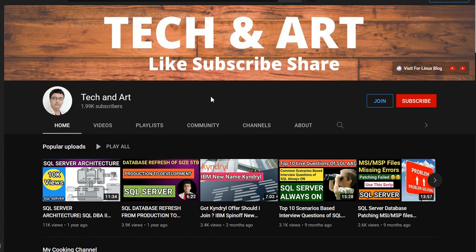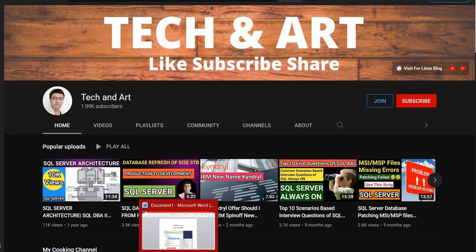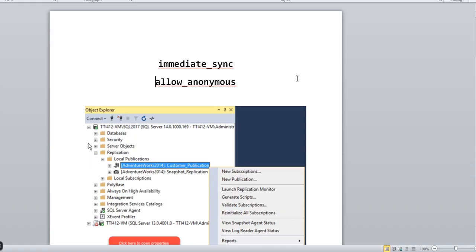Okay, so now you have a situation where we need to add new articles to an existing replication setup. Okay, so we'll see how to proceed with that. I have taken a couple of snapshots. We'll go with this approach because adding a new article is quite easy. So I will show you guys. We'll discuss these two parameters later. Firstly, the normal approach from Management Studio.